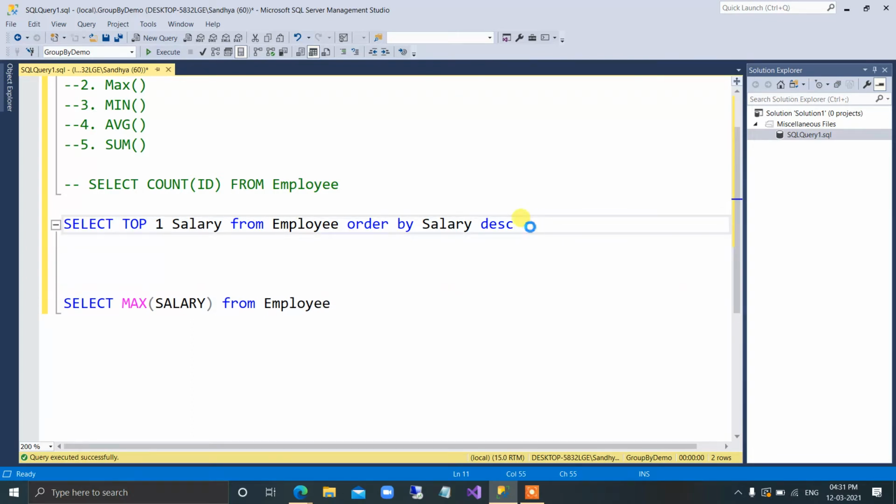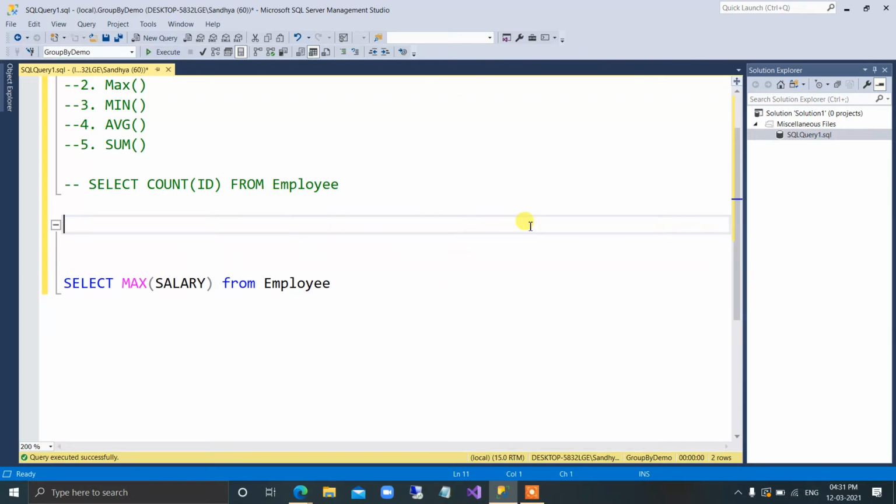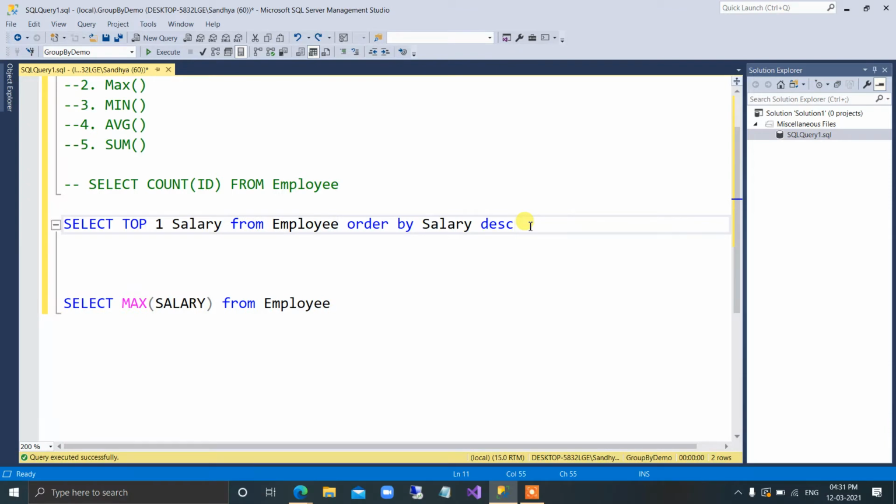Same process. We will use min. What will you use? Min. Yes, you will use minimum.